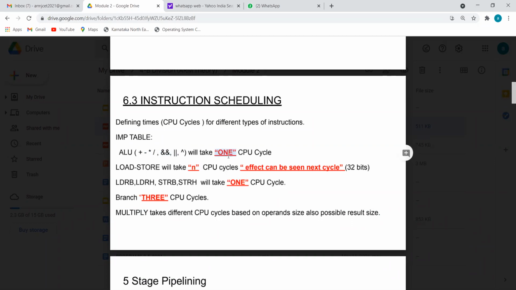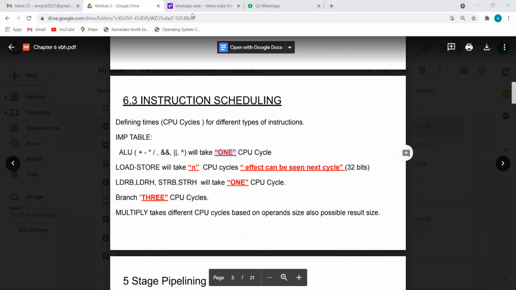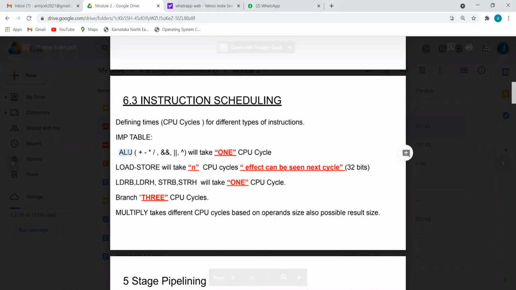You have to remember, if there are two additions, two add instructions one after another, then one cycle for one add, another cycle for another add, so totally two add instructions equal two CPU cycles. So if there is one addition, one OR, one exclusive OR, and one subtraction, so totally four arithmetic instructions, hence four CPU cycles. Like this we have to remember. Is it clear now? Everyone will easily calculate this, but this is slightly difficult.